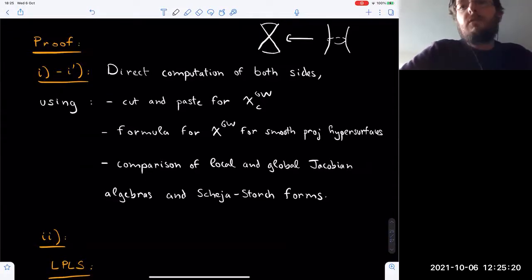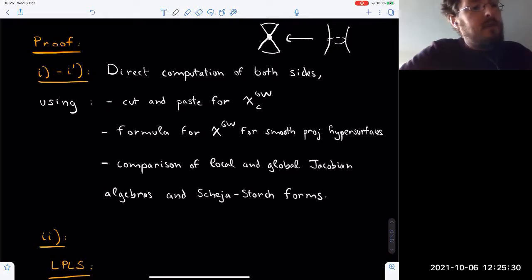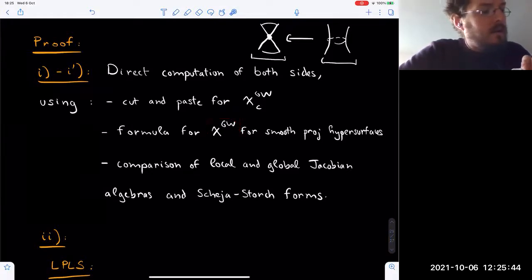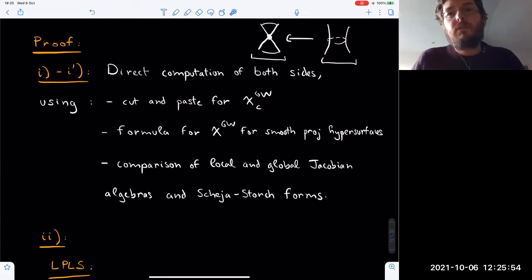and so we can do cut and paste arguments. So we use this compactly supported thing to do cut and paste, and we can do cut and paste both on the singularity and on its resolution, and then that gives you formulas. Then that reduces the computation to the two computations of Euler, of this quadratic Euler characteristic for smooth hypersurfaces, and then so we use this result